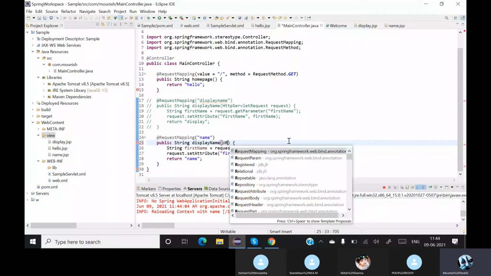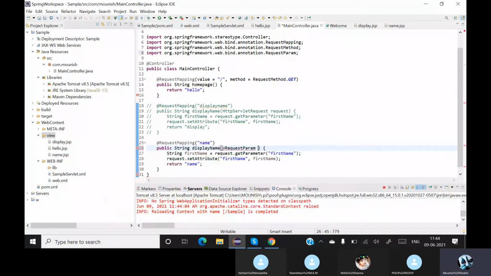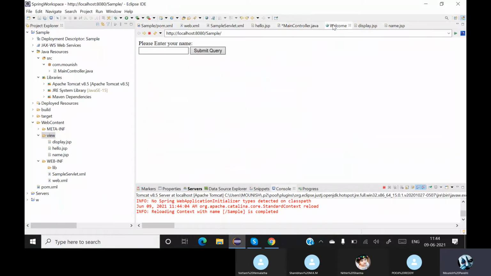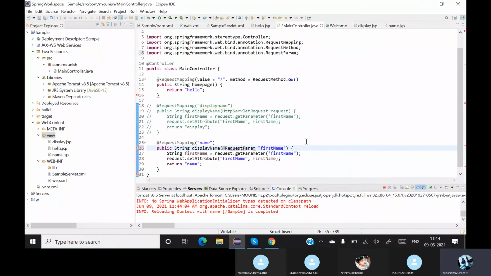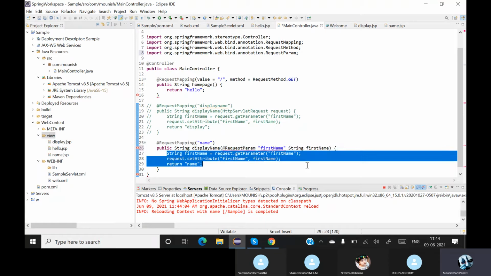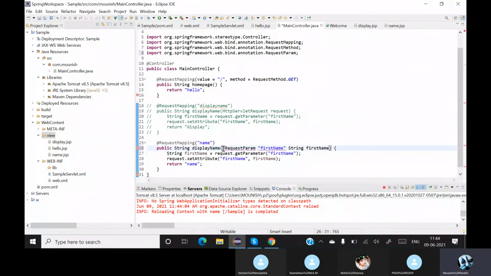there is an annotation over here called request parameter. So what is the request parameter? Whatever we are inputting over here, it will take it in the annotation itself, in the method itself, and it will even take the name, the object also. So whatever we have given over here, the same thing is basically being done over here. Since that is done, this is not required, and this should basically be inside parenthesis. Control shift O.